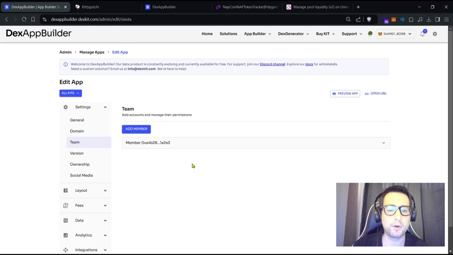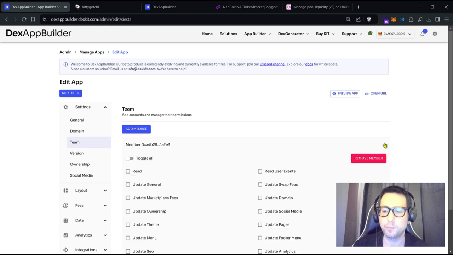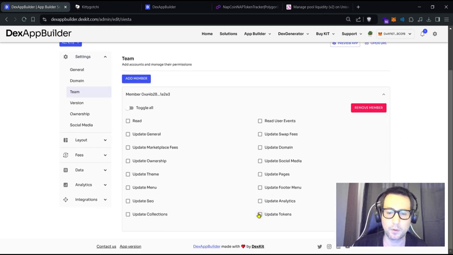Once we add a member here, we toggle on the permissions and we can see that we have some permission of reading, the general and several other ones. You can head up to our documentation. I will leave you in the video description a link for that documentation section where we explain some permissions here,